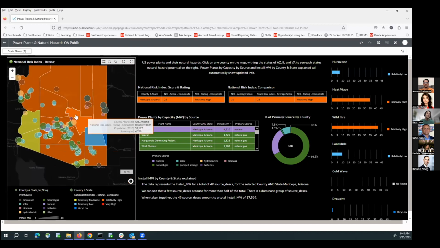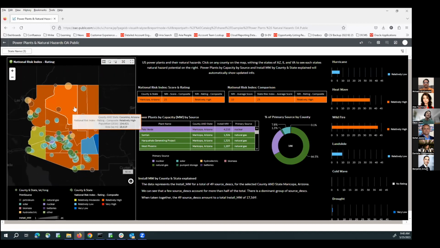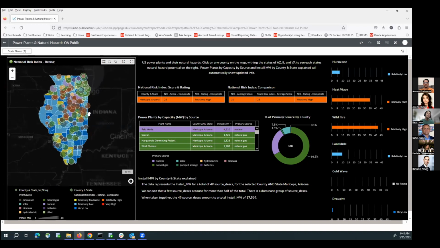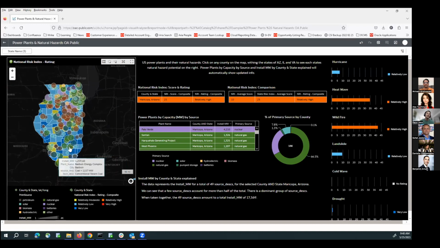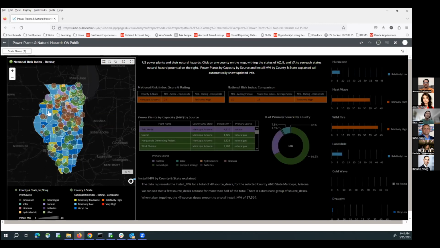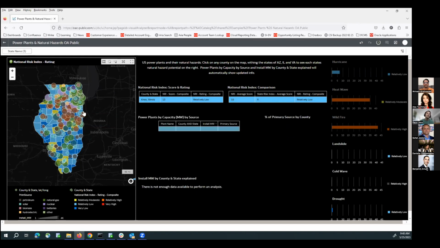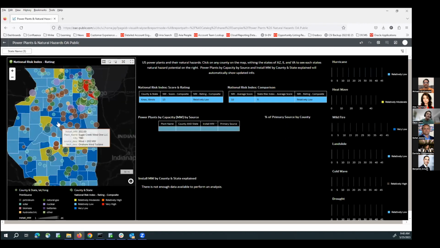So if we also zoom out, now we have Illinois. And if we click on any county in Illinois, all the widgets will update and reflect the information for that specific county. And the last feature that this tool has is, let me zoom in so we can do a better example,